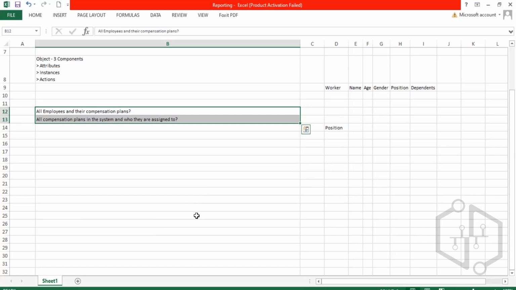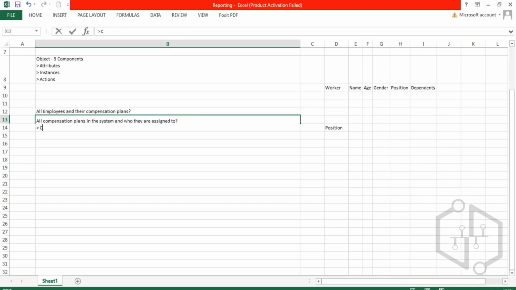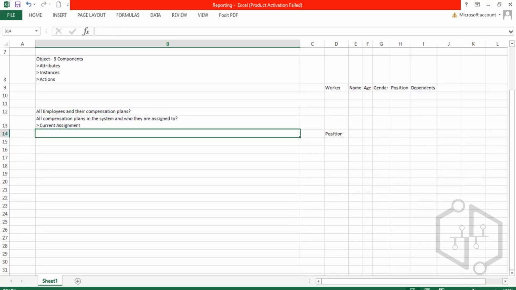So for the second report, I would ask, do you want the current assignment, or which year assignment do you want it for? Okay. Let's say I want a current assignment. Let's keep it simple. So only assignment which is active as of now, right? For example, I could have been given a car allowance when I joined my organization way back in 2010, but it doesn't matter as of today, 2022, that I still have that car allowance. So I basically want all the plans